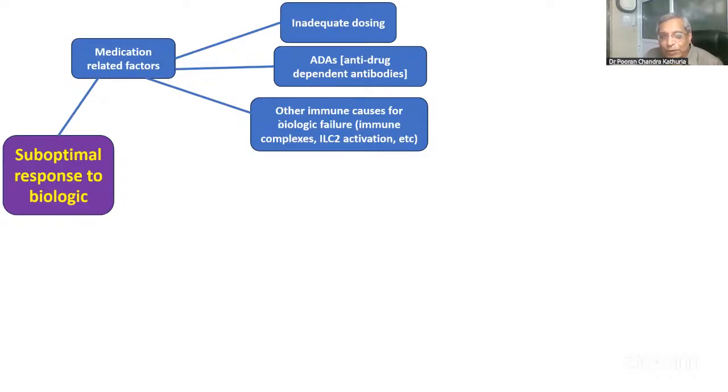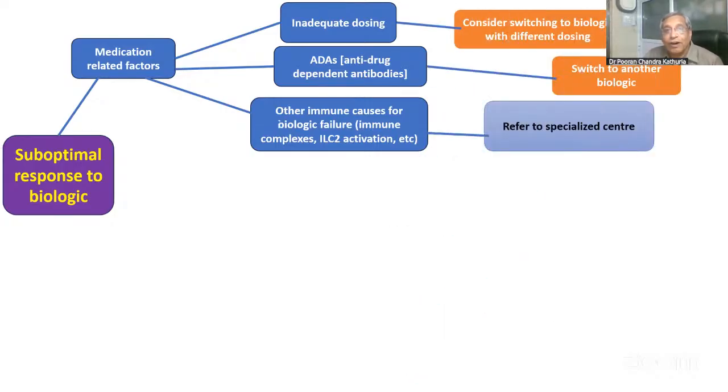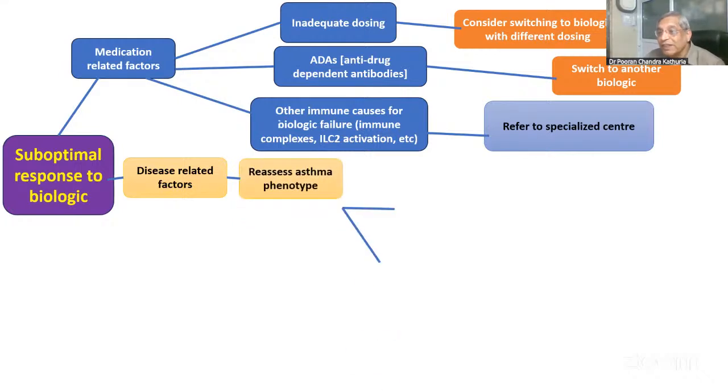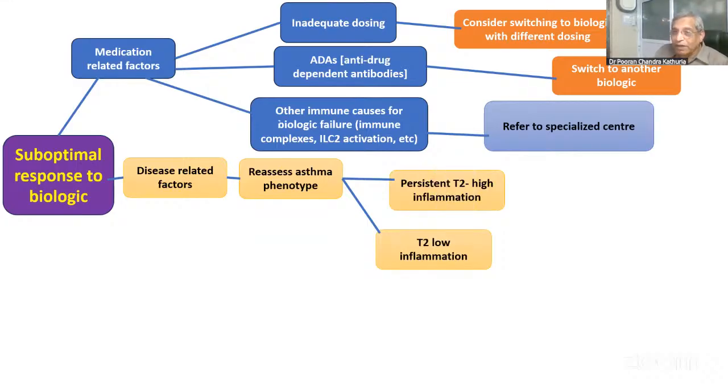And some of these patients also have the disease-related factors. If it is disease related, it means many comorbid diseases are there. The phenotypic selection or the endotypic differentiation, we must do it, but still we fail because it's low T2 and high T2, and it could be mixed also. The selection must be done depending on which high T2 or other disease is there, which is not practical where the biological effect is concerned.